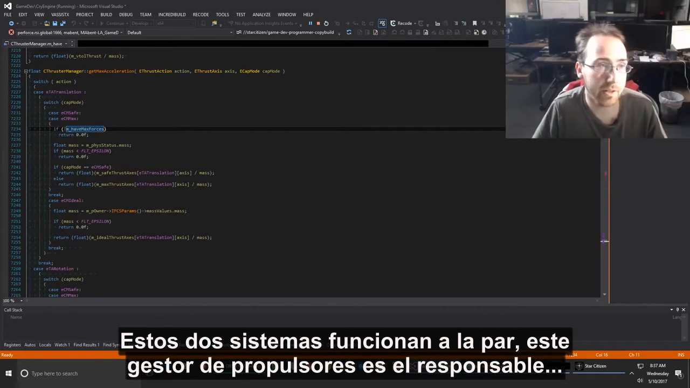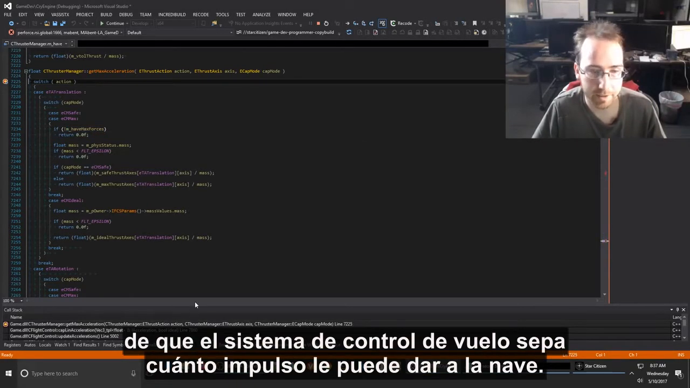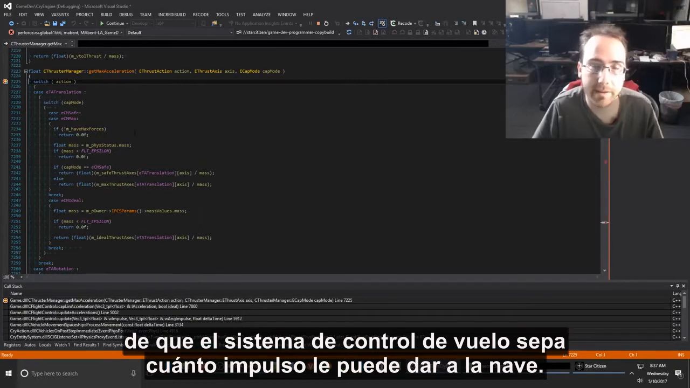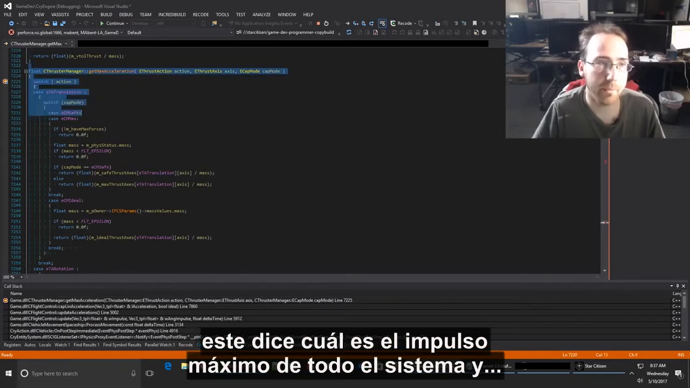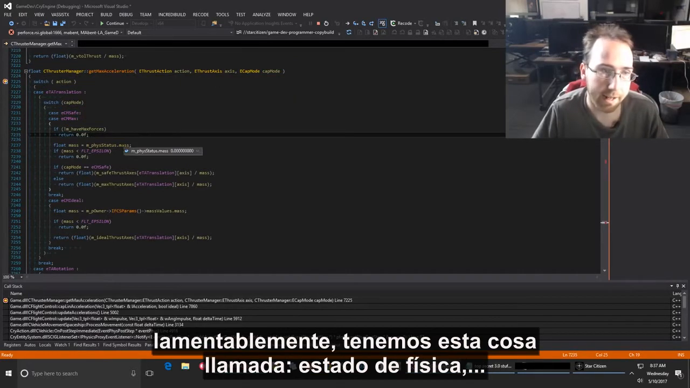So this thruster manager is basically responsible for letting the flight control system know how much thrust is able to be done by the whole ship. And if I put a breakpoint on this fun little bad boy, this tells what the maximum thrust of the whole system is. And unfortunately,